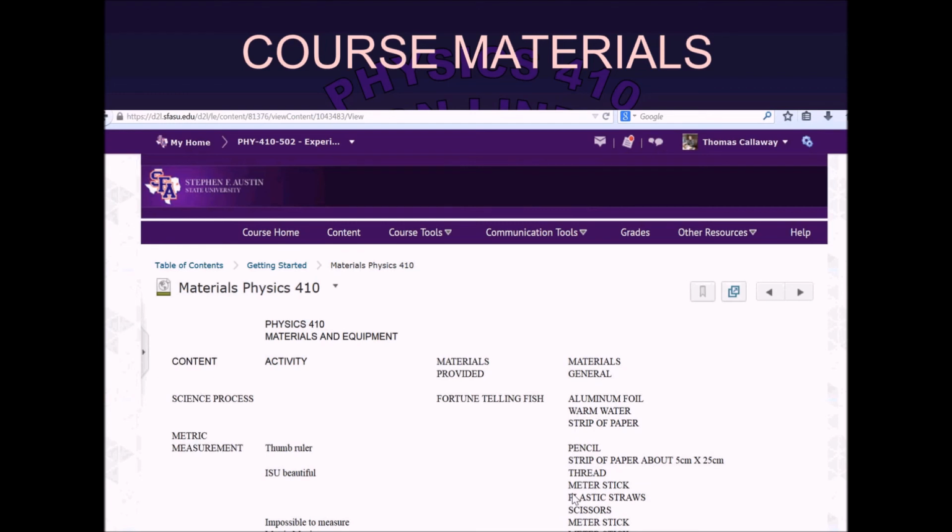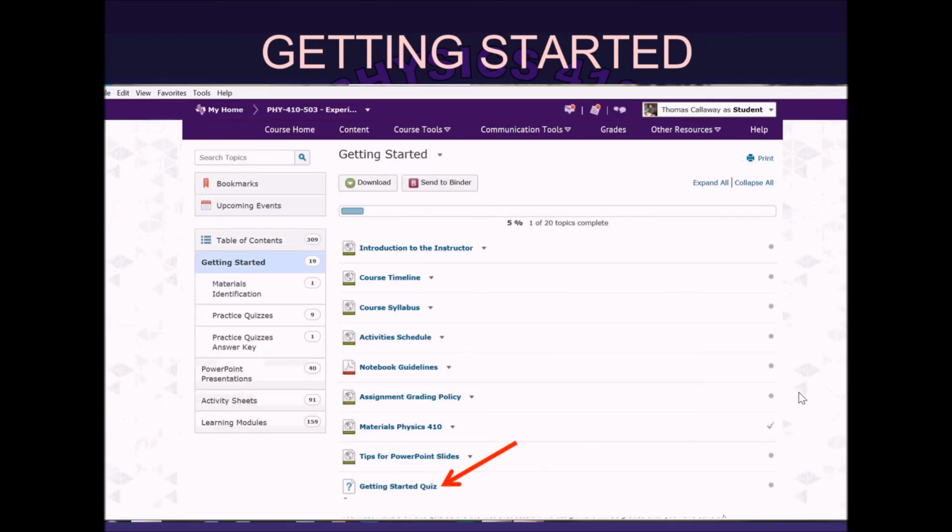Let's print that out. You print each one of these sheets out that I tell you because they're going to go into your notebook or your portfolio, and I'm going to tell you later on how to put that together, okay? Now, let's see what I skipped right here. There's the activity schedule. I'm going to talk to you later on about the notebook and the assignment grading policy, okay? The materials for the course, I just showed you that, okay? The tips for the PowerPoints, I'm going to talk to you more about that when I actually go back through